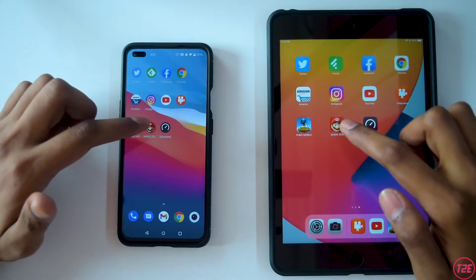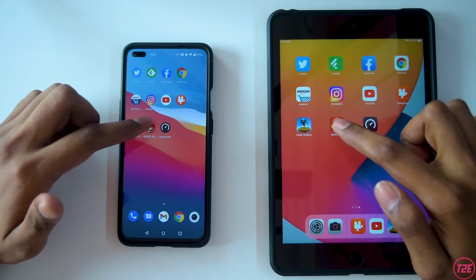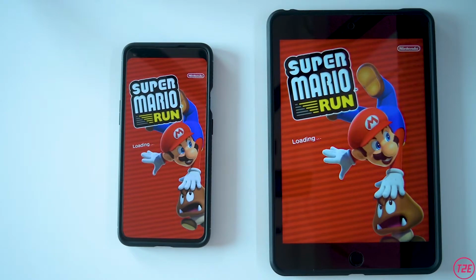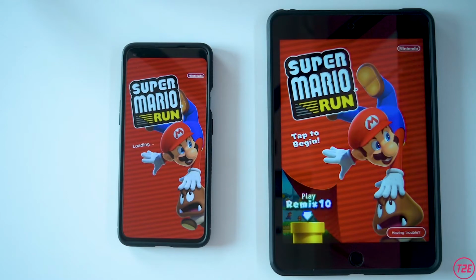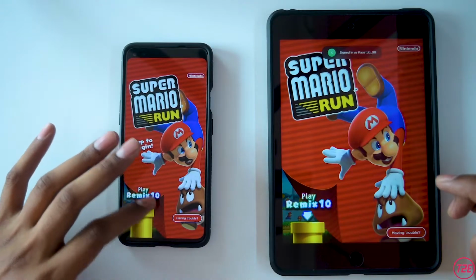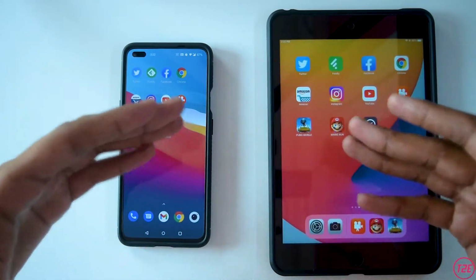Going on to the next app and the final game is Mario Run here, guys. Okay, the iPad loaded Mario Run faster as well here, and then the OnePlus Nord has loaded Mario Run, so iPad was fast here as well.